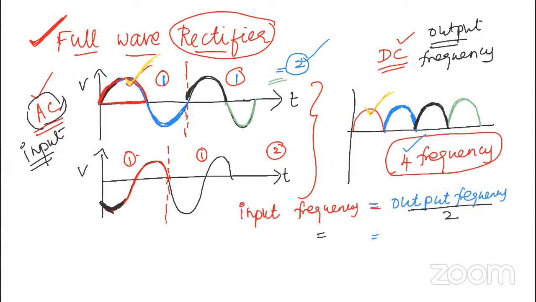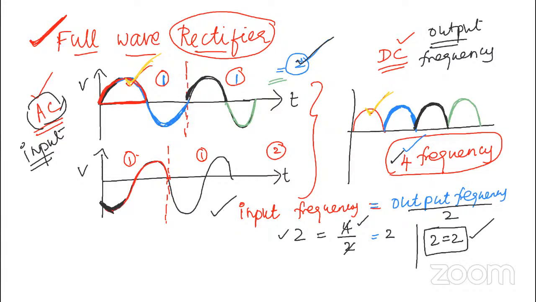Here the output value is 4. What will be the input value? If we divide, we get the input value. So in the input we have 2 values, so we substitute that 2. In the output there are 4 frequencies, so we substitute that 4 as well. If we divide the 4 and the 2, it becomes 2. So the input frequency and output frequency get equated. Okay, so in the full wave rectifier, the important concept is that input frequency is equal to output frequency by